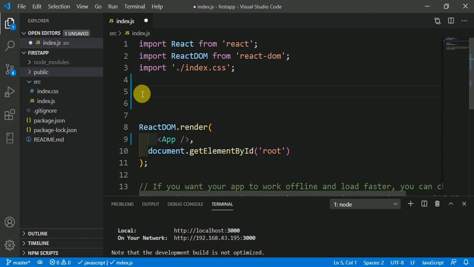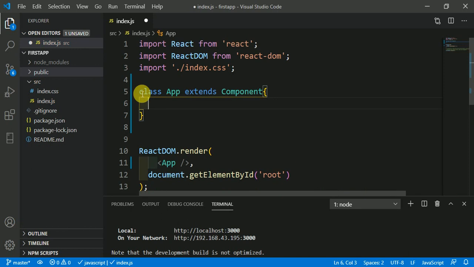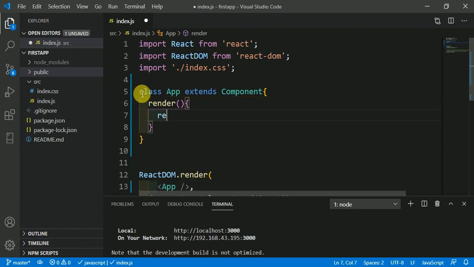now just type here class app extends component. Now type render because we have to render this. Render means display, and return.